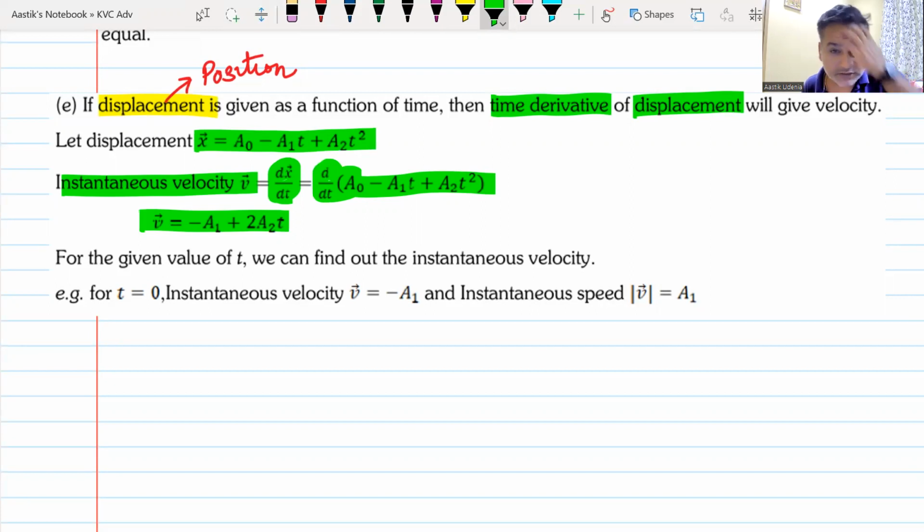Remember, to find out the average velocity, you will have to find out the total displacement and then divide it by the total time. Don't worry. We will do a question that will help us in understanding this concept. Have you noted this down? Yes or no? No, sir. Please note it down. Then I'll give you a question, my dear friends.